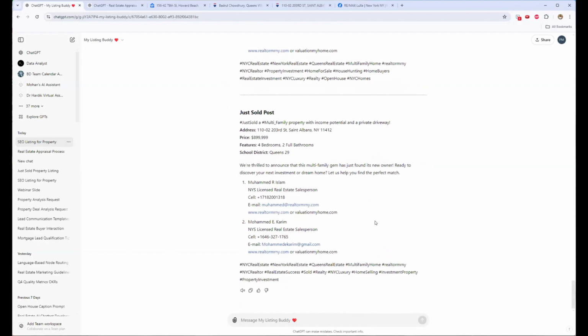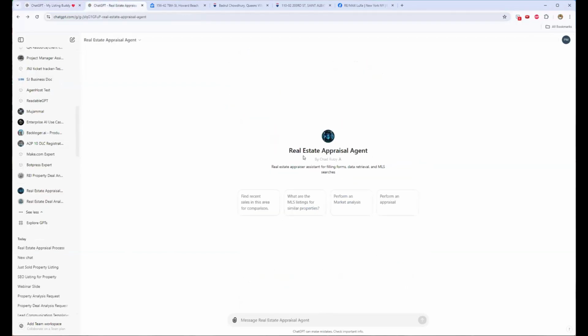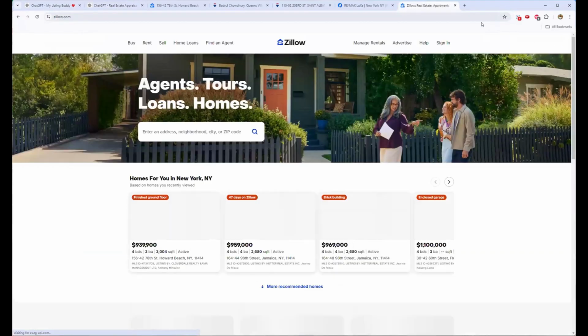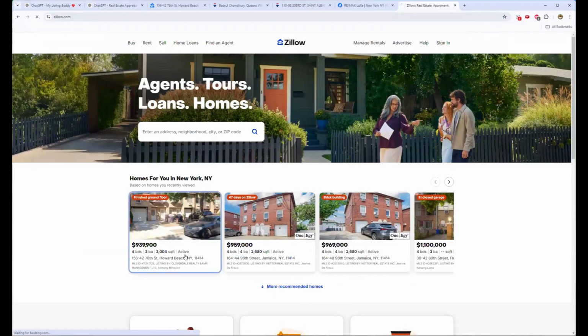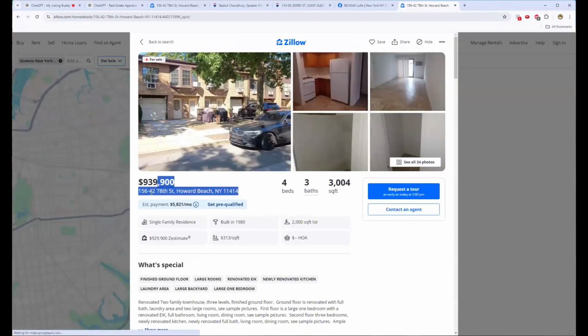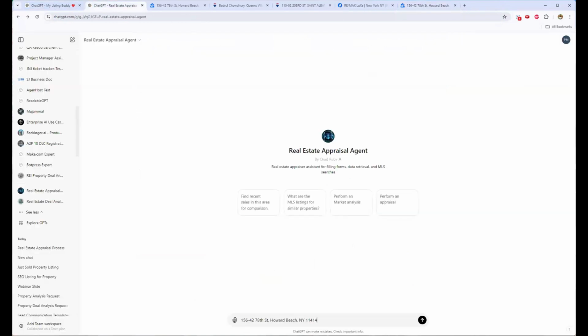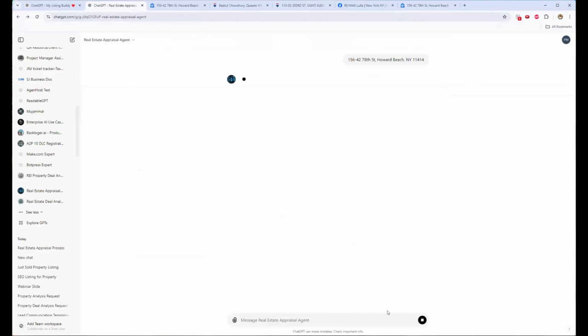And moving on from this one, another agent that we could really see being very useful is this agent that's created called the real estate appraisal agent. And this one works really simply, where we can go to Zillow. The first thing we see right here, you take the address and you're able to copy paste the address directly on there. No other prompt needed because the agent is already under the understanding of what it needs to do.